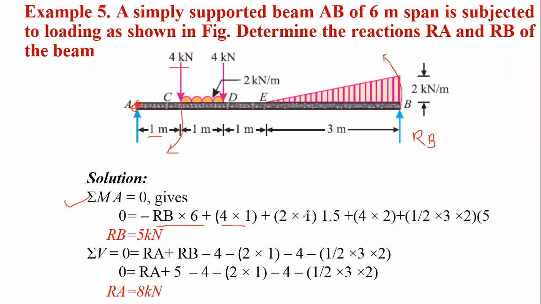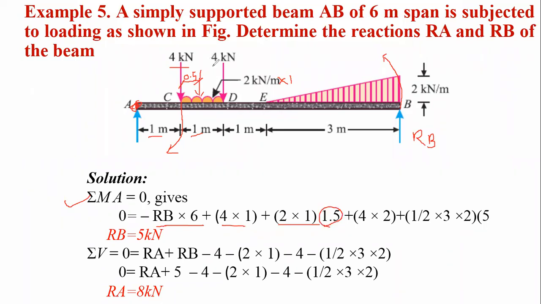about point A. Now this UDL, convert this UDL into point load, multiplying with the span, which is 1 meter here, that's why 2 into 1, and it is converted. The point load is located at a distance of how much? Half of this span, 1 by 2, becomes 0.5. We have to take the distance from A, that is 1 plus this 0.5, it becomes 1.5. That's why this distance is 1.5 over here.